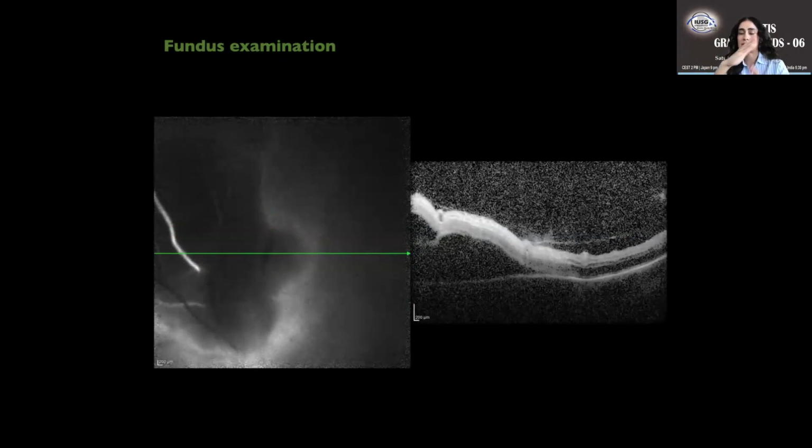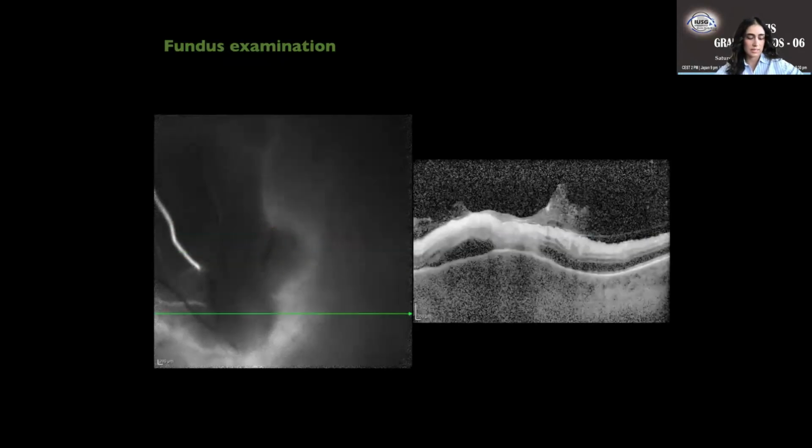And we decided to make these scans as well at the white patch that she had superior to her optic nerve disc. We were able to see in these scans that she was having fusiform thickness of the retina that we are seeing here. She was having hyperreflectivity of the inner layers of the retina, loss of the retinal striations, bumping of the RPE, which is the green one that we are seeing there, and interruption of the RPE. She was having a choroidal thickness and hyperreflectivity that we are seeing here.